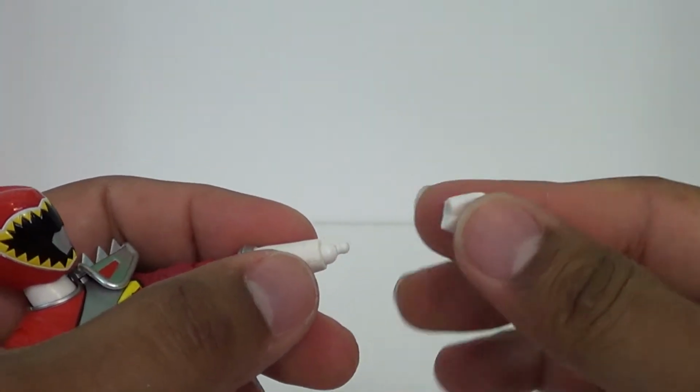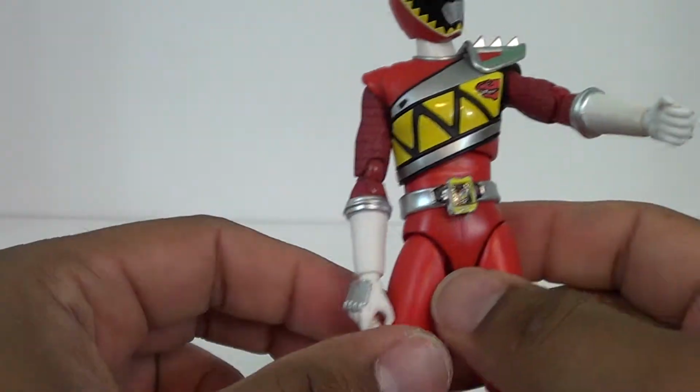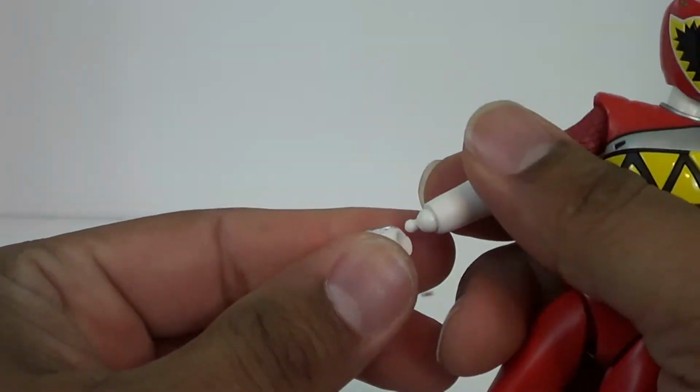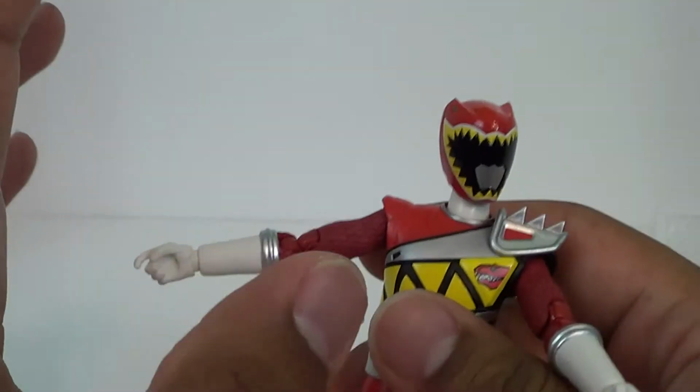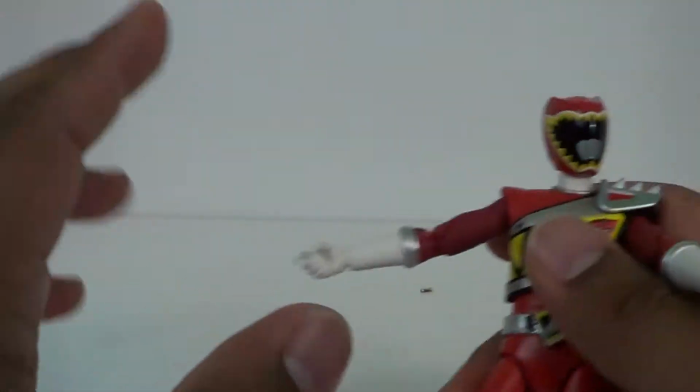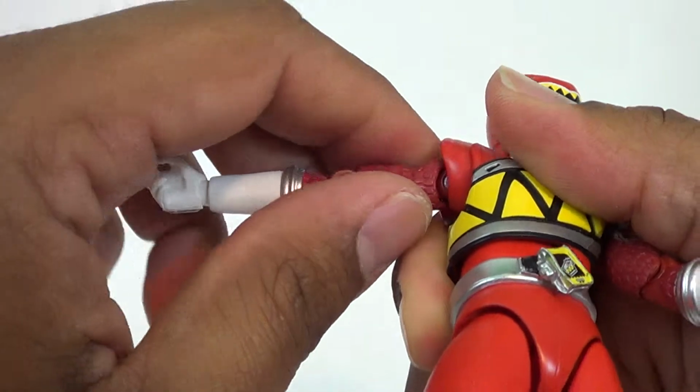And now I heard some complaints that this ball joint was too tight with getting these off. I don't have that problem with mine. So both of them pop off. Now, for the armed on mode, this is where I'm a little bit sketchy. I hate actually doing the armed on mode just because it's really, really a tight fit. So you want to